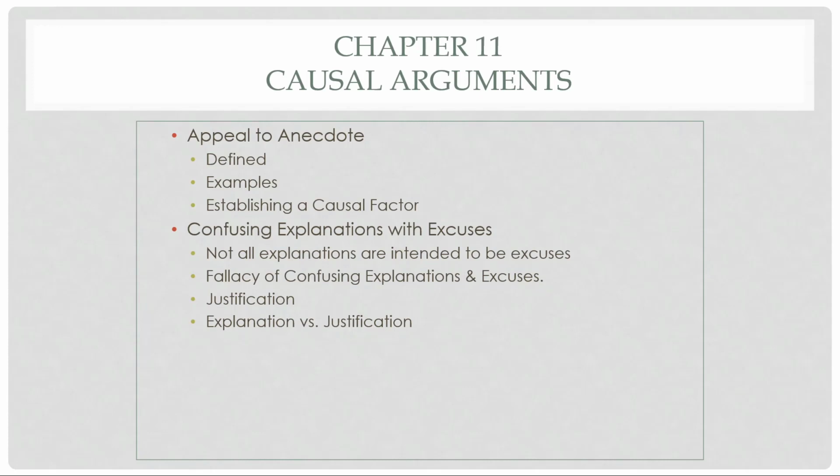So why is it important to avoid confusing explanations with excuses? Well, the mistake occurs when a person assumes, without justification, that someone else trying to explain something, typically bad behavior, is therefore trying to excuse it or even justify it. A person can, of course, explain something without approving or disapproving of it, and a person might actually explain something and really disapprove of the action. They're not trying to say that it's justified or excused. They're just trying to say this is why this occurred. So, for example,